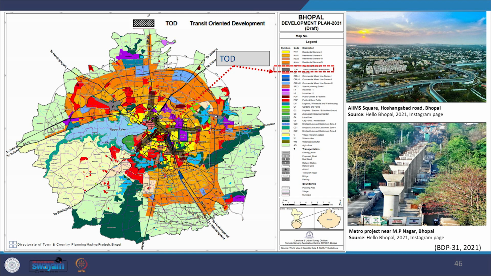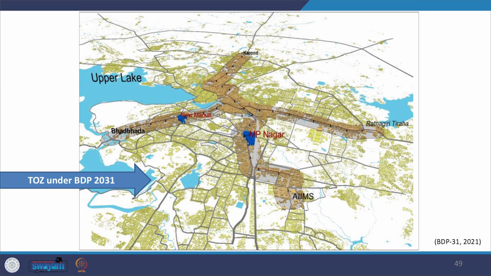So local area plans will be prepared to ensure that the plot is utilized properly, efficiently through the merger or amalgamation, and it addresses the widening of the roads, and then it allows parking management, and then also allows pedestrianization in this particular zone. The zone has been delineated 500 meters on either side of the metro alignment. Principally, all plots falling completely or partially within this 500-meter buffer from the metro alignment shall be included in TOD.